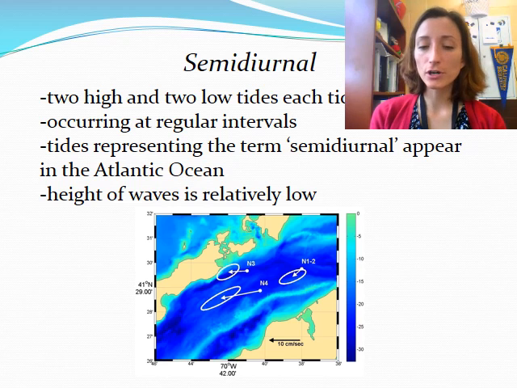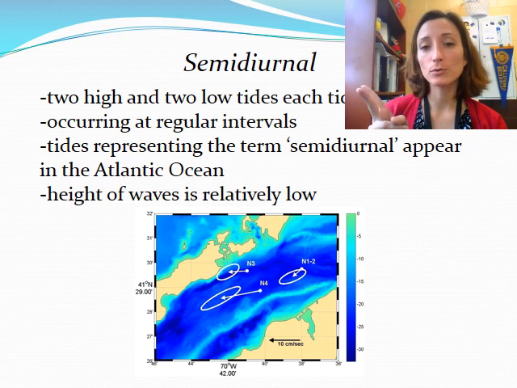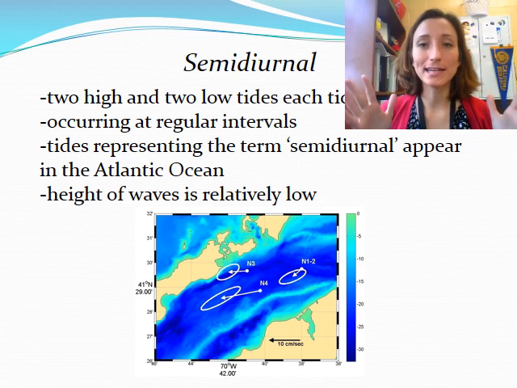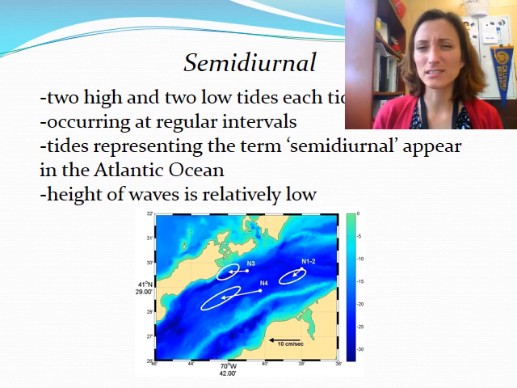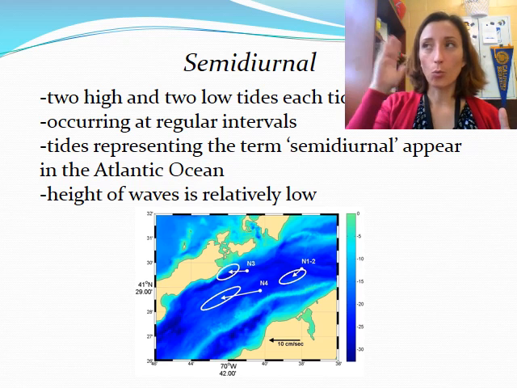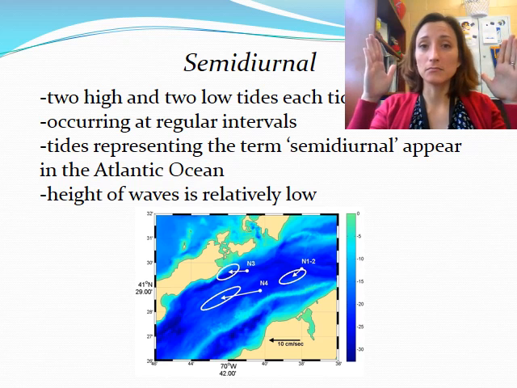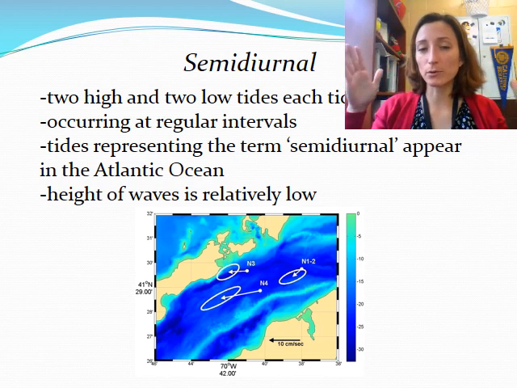So the first term that I would like for you all to be familiar with is semi-diurnal, diurnal meaning day. Semi-diurnal tides are the types of tides that occur when there are two high tides and two low tides during each tidal day. And a tidal day, as you will see a little bit later in a picture, is the time from one high tide until the next equally sized high tide. It could be a few hours, it could be several hours, and it depends on where you are geographically,